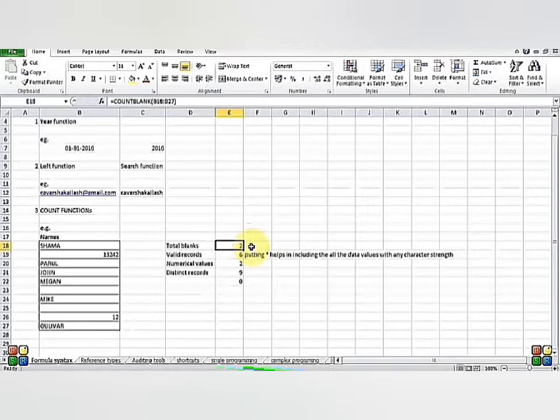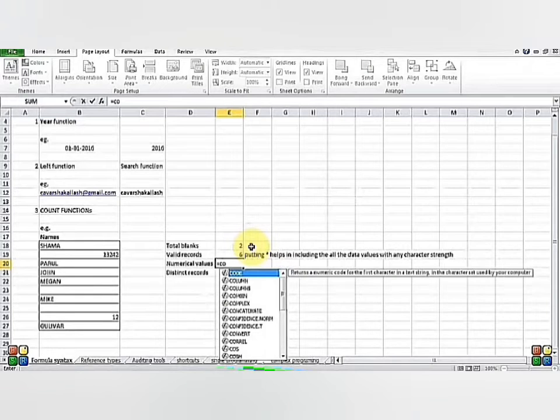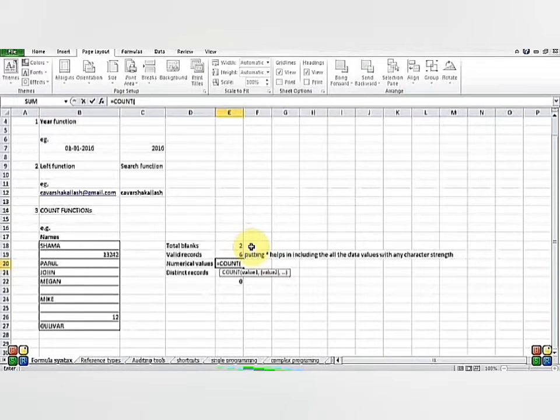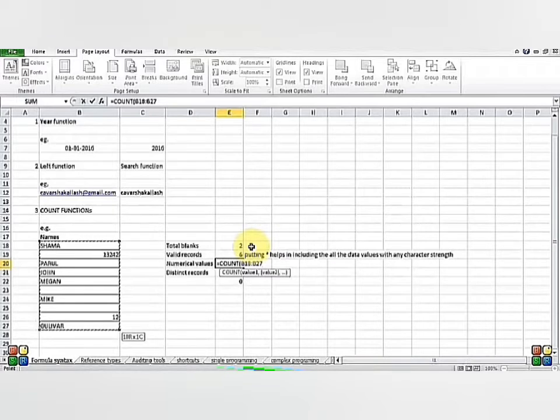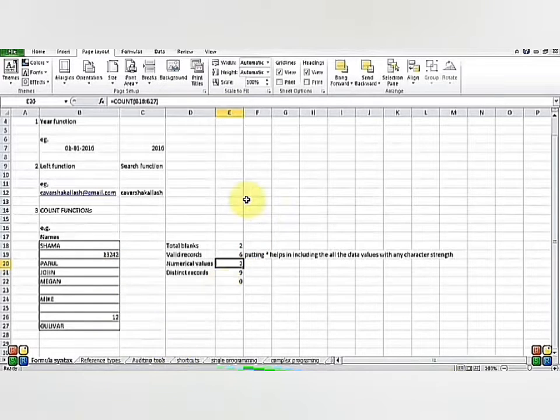First of all, I'll go on the COUNT function, that is the total number of values. As I told you, there are a number of cells, and the data set contains some data. I have applied here a COUNT function, equals COUNT. It will only count the number of cells that contain numbers. I'm taking this data as my example, applying this range of cells, and I hit enter. So I got 2. You can see there are 2 data values that are numbers.